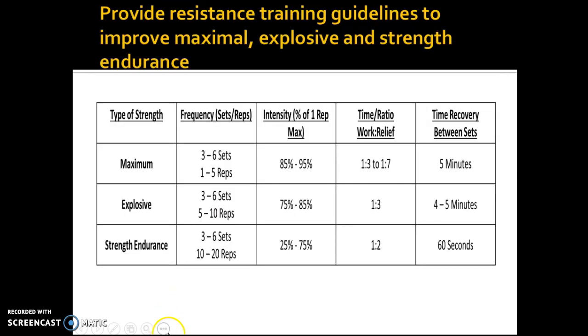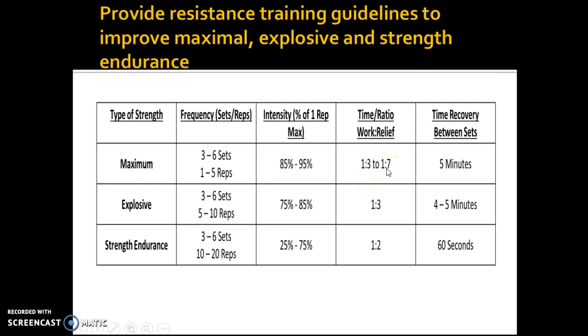I'll explain them now. So if we go through maximum strength, this is the maximum force your muscular system can exert in a single contraction. So that's when you're trying to improve this one. To improve that kind of strength, you have to be looking at 3 to 6 sets and anywhere between 1 to 5 reps. Now, obviously, to improve our maximum strength, it needs to be at 85% to 95% of your 1 repetition maximum. The work relief ratio for this will be 1 to 3 up to 1 to 7,